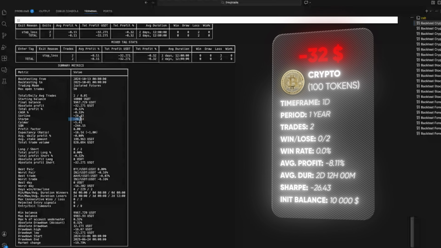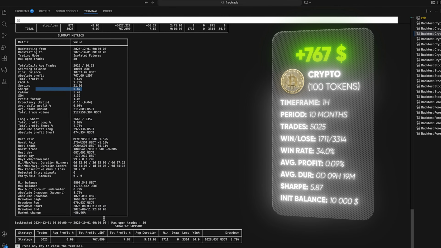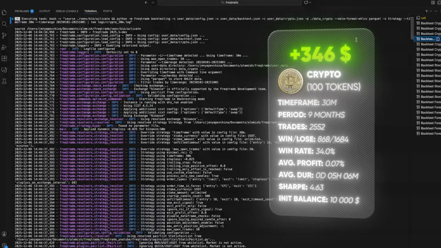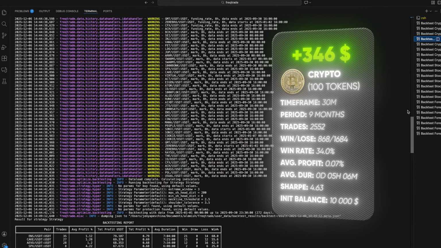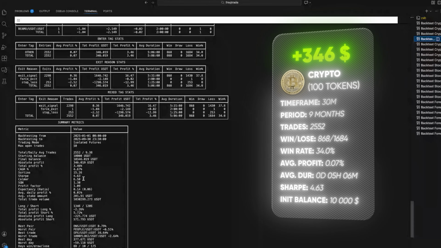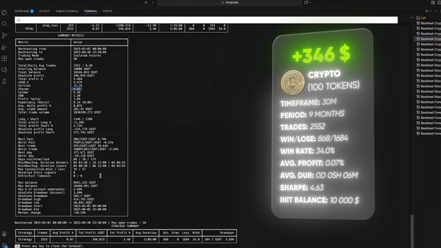Next, the 4 hours time frame, our best and worst performing tickers, and this time we have 31 trades. Our Sharpe is positive, it's 0.19, and our profit is only $46. Next, let's move to the 1 hour time frame, our stats, and this time Sharpe is positive, 5.87, and we've made $767. 30 minutes time frame, once again best and worst performing tickers, and once again positive Sharpe, 4.63, and our